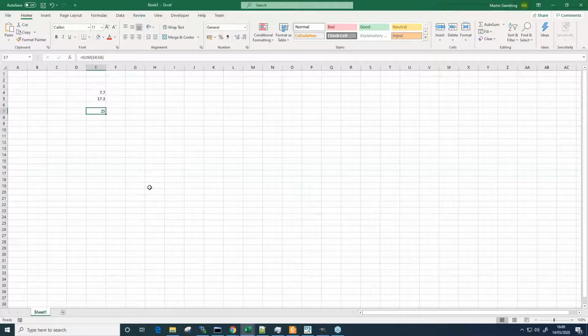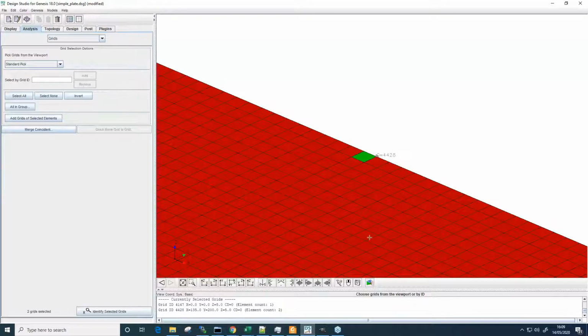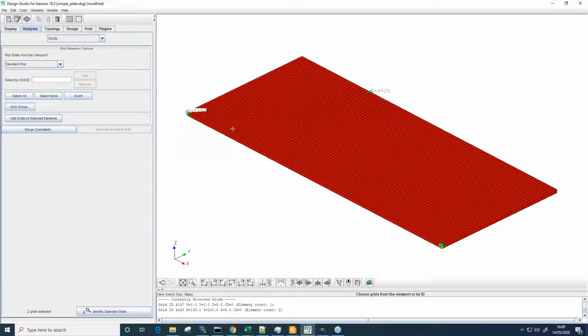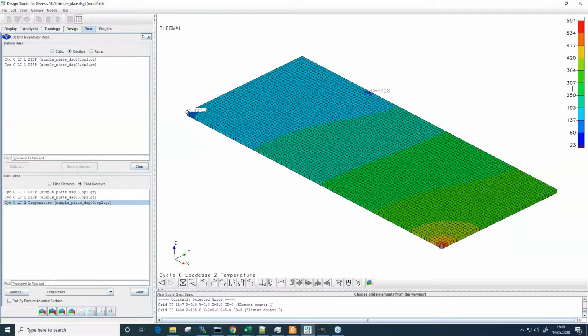So these are watts. In terms of this, I've got a question that's popped up, which is what are these temperatures in? Actually, they're sort of unitless. It depends what reference temperature you've chosen to be. It's all about the delta in temperatures. In this case, I put 23, so I'm using the convention of 23 degrees C, and therefore the temperature at that point that did reach 591 is actually 591 degrees C. If you offset to Kelvin, it's just simply a straight offset on those values. Okay,